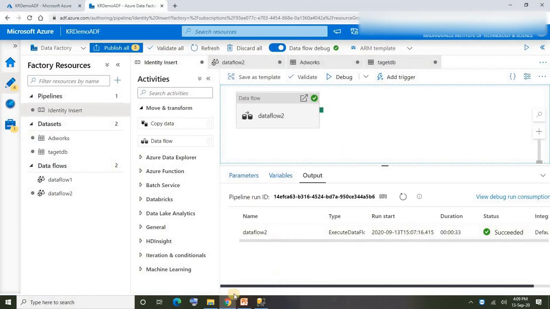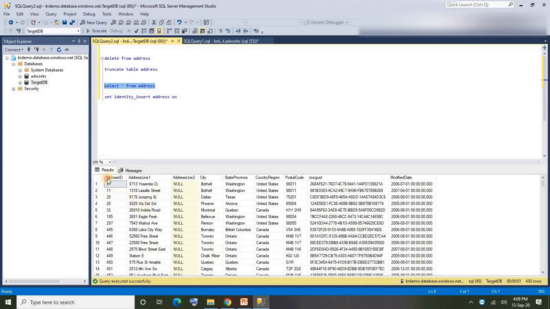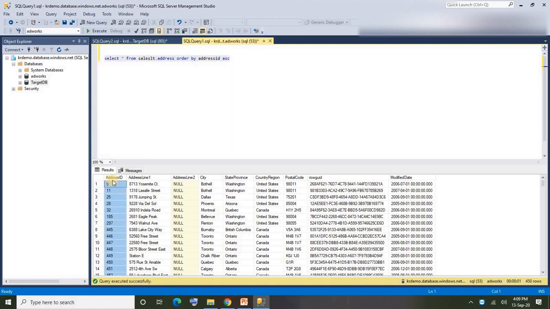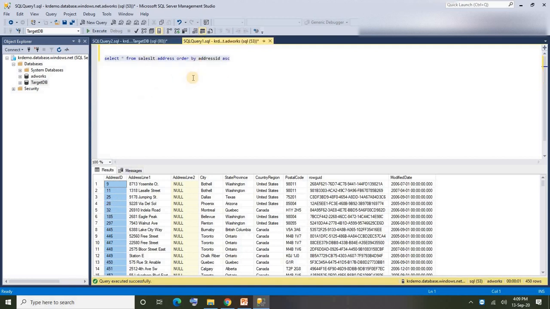It is executed now, and let's execute a select statement on our destination table. All right, see here, now this time our address ID got whatever values are there in our source column, that is the address ID column, and the same values are reflecting in our destination table, under address ID. The rest of the columns were matching before also, but this time even address ID is matching with our source table address ID column. Alright, this is how we can handle identity inserts in our ADF pipeline.